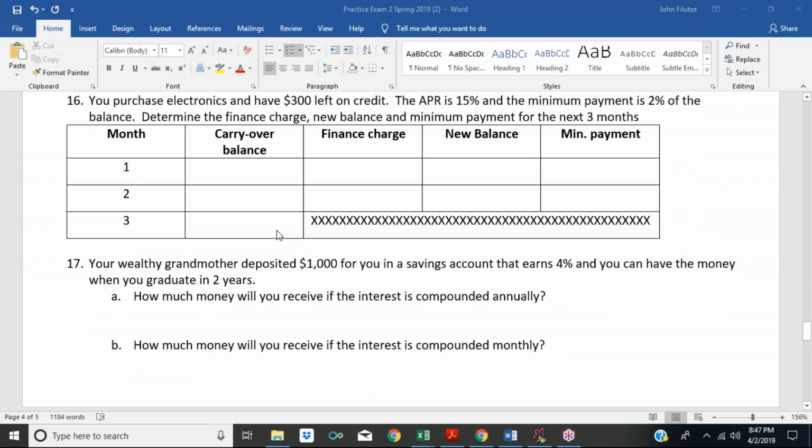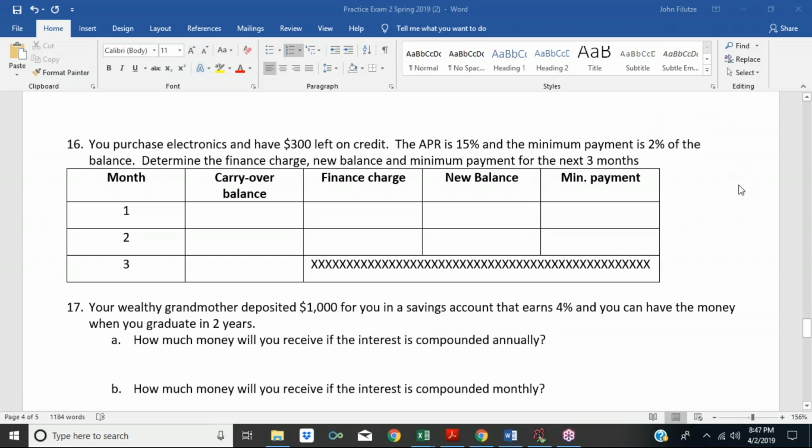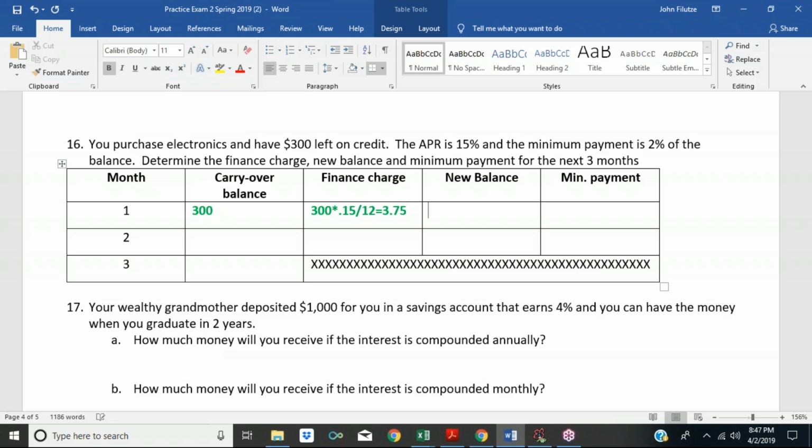All right. So let's look at this credit card. And we'll have to do this without Excel. I'm just going to show you what we do if you remember. 300, the finance charge is 15%, so it's going to be 0.15 divided by 12 times 300, and that's $3.75. Actually, let me put it in here. 300 times 0.15 divided by 12, $3.75, and then the new balance is going to be the 300 plus 3.75,